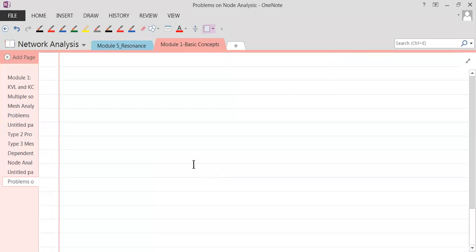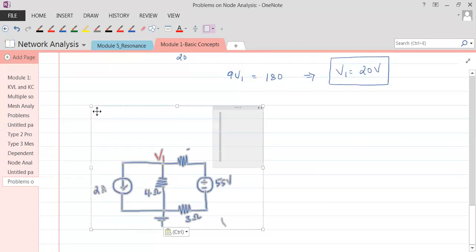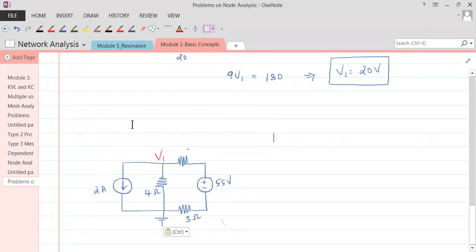Yeah, so everybody, you can do that in the same circuit, not a problem. Okay, so to find out the power delivered by 2 ampere source, what we have to do,